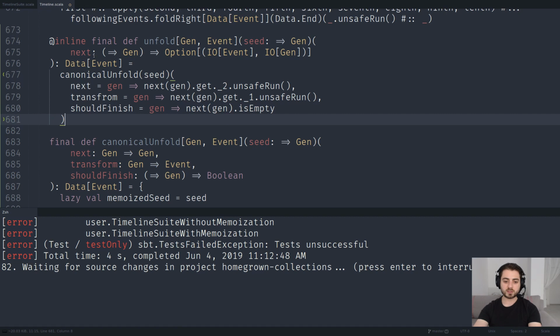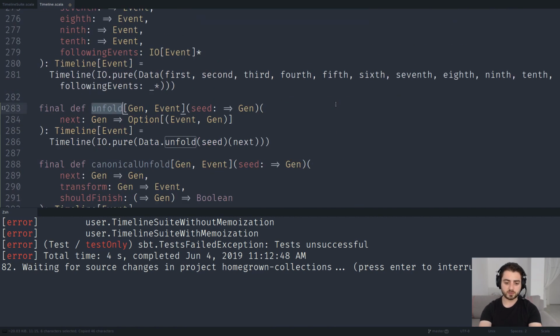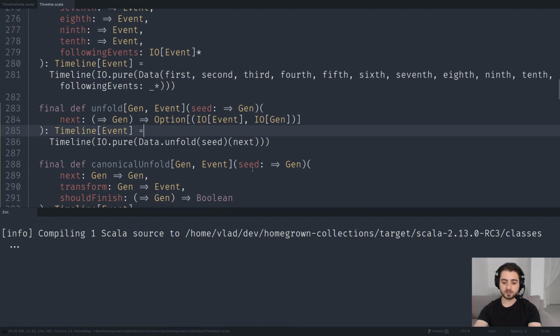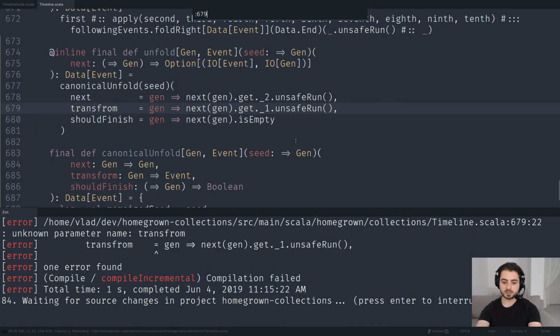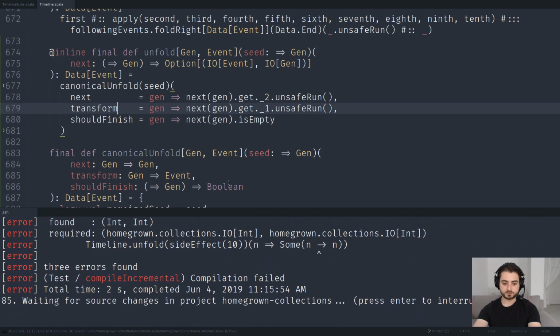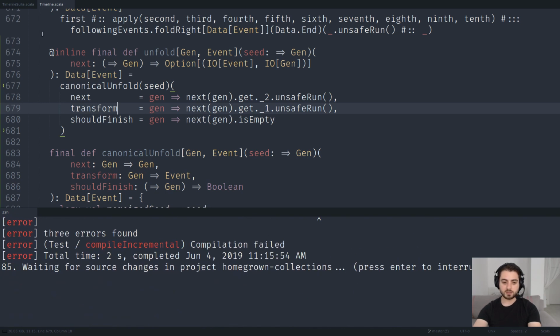It shouldn't compile because at the top, hold up, let's just go and fix it right away. So at the top, unfold, this one should look like this now. Okay, so everything should compile now except for the tests. All right, some mistake over here, 6, 7, 9. Let's see, what did I do wrong? It's not transform, it's transform, like this one. All right. Okay, so now the test and compile 253,